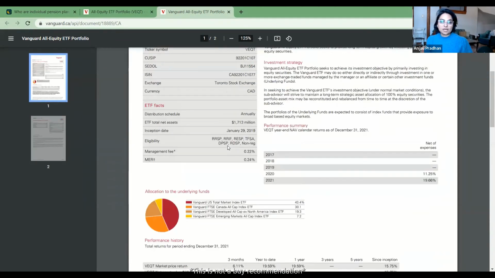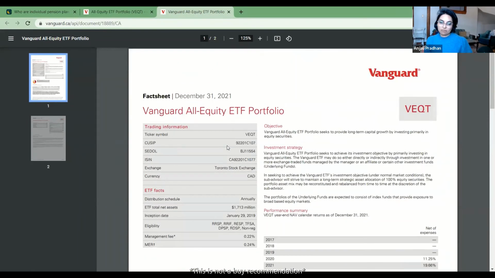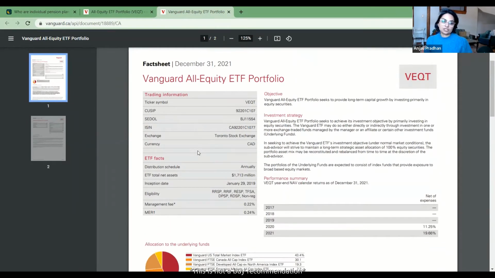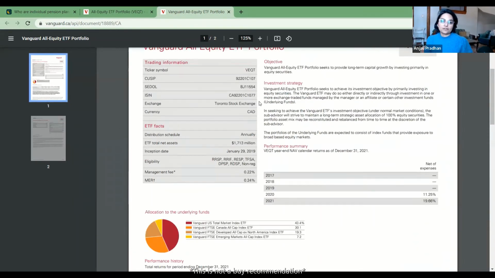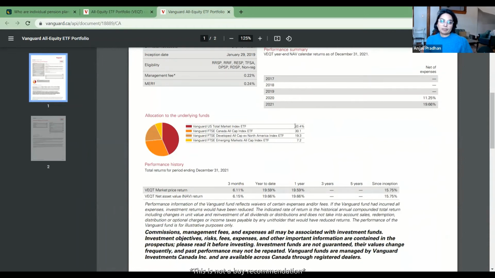So there's nothing wrong with this per se. You just need to make sure that it fits into your allocation. You can still go through the program and see, oh, actually, this is super easy. The other good thing about something like this is that they rebalance it for you. So you have less work to do when you rebalance.